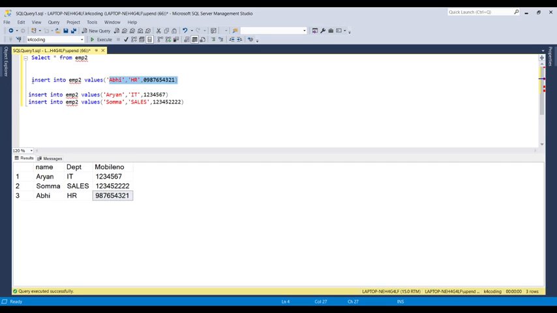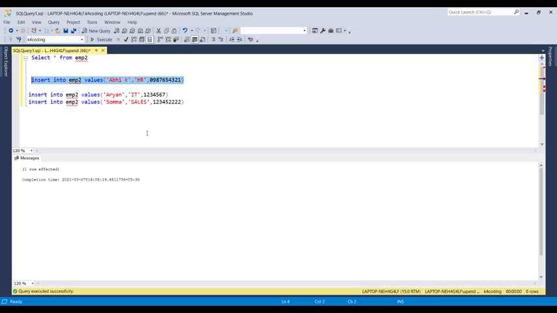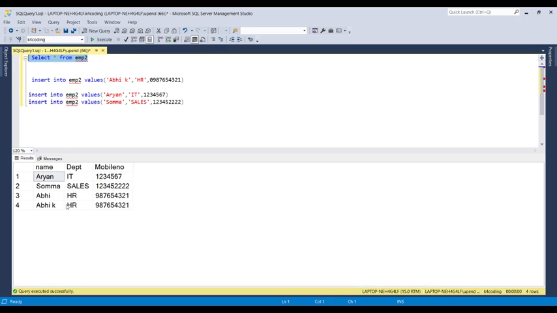When I execute, it will give me the duplicate key error. If I change the name, then it will allow me to insert the value, because we have the composite key on this EMP2 table, and it always checks both fields.